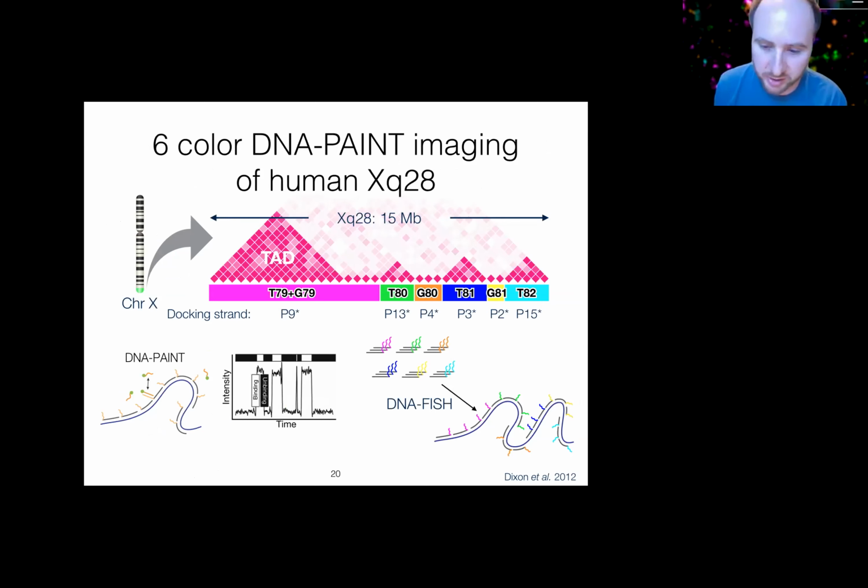So what we've done here is design an Oligopaint library that targets this 15 megabase or so region of the human X chromosome. The specifics of how the targeting happens is not so important for this, but for what it's worth, the library design was in part inspired by a data set with topologically associating domain calls from Bing Ren's lab that Jesse Dixon published a long time ago, the original set, that is, the 2012 paper. But I think more importantly for the purposes of the next couple slides, this is really just to illustrate the power of what this kind of imaging potentially can do in a multiplex context.